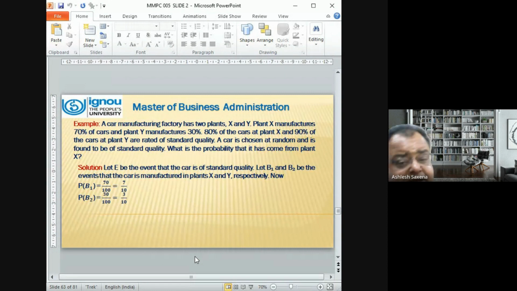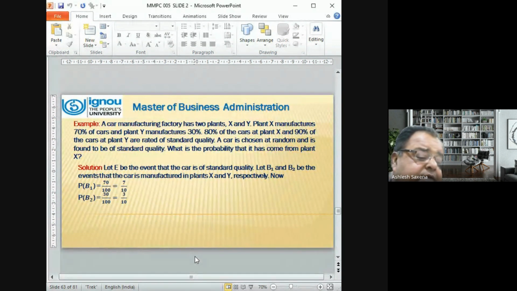80% of the cars of plant X and 90% of the cars of plant Y are rated to be of standard quality. Correct? प्रोबेबिलिटी 100 से ज्यादा नहीं हो सकती। जो भी कार प्लांट X में बन रही है, उसकी जो स्टैंडर्ड क्वालिटी कार्स है दैट इज 80 और दूसरे प्लांट की है 90। अब a car is chosen at random and it is found to be of standard quality। देखिए, कार जो आपने ड्रॉ निकाली है दैट इज ऑफ स्टैंडर्ड क्वालिटी, बट उसकी कंडीशन क्या है कि वो किस प्लांट से आई है, दैट इज व्हाट इज द प्रोबेबिलिटी दैट इट हैज कम फ्रॉम प्लांट X। अब मैथमेटिकली हम इसको कैसे लिखेंगे।